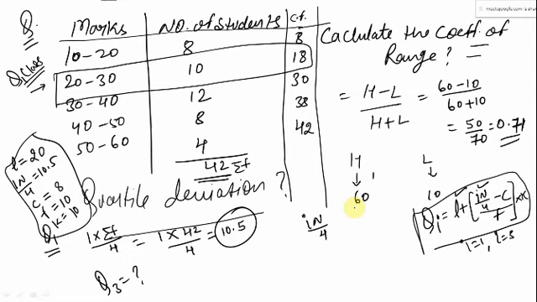So if you don't mind, can you just repeat what are the function of each of the variables in this formula? Okay. L is the lower limit of the class which you will select. Lower limit of the quartile class. Like we have selected this class, so lower limit for this was 20. In n by 2 there only. C is the cumulative frequency